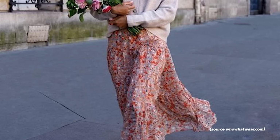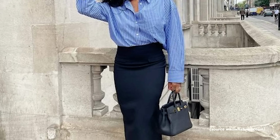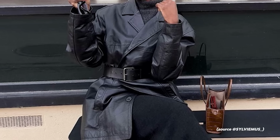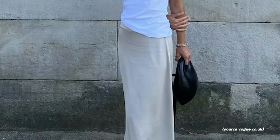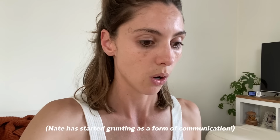Okay, so it is the next day and I realized that I forgot to say something really important, and that is about maxi skirts. So not necessarily denim maxis, but just maxi skirts in general. They're really having a moment as well. And I think for me, this is just a bit more wearable than a denim maxi skirt. You get to choose what fabric, what print, etc. And I think it's also one of those trends that you can...